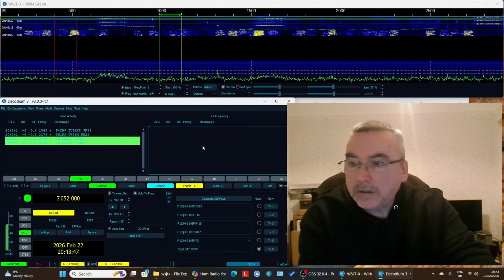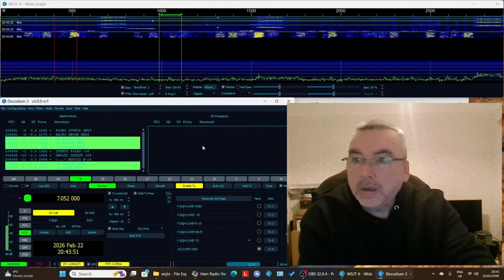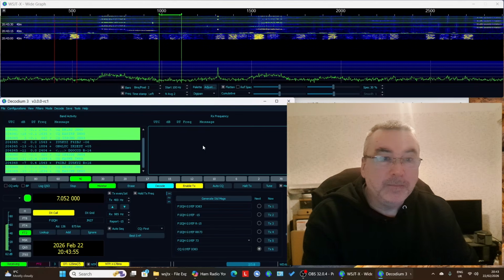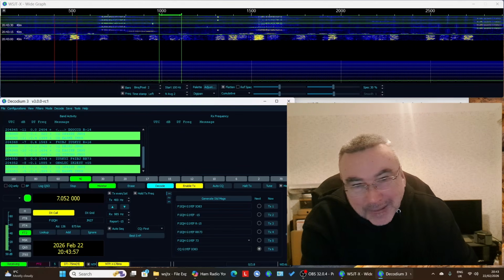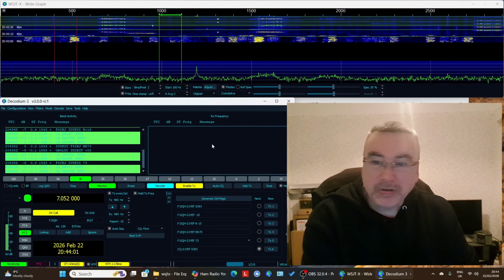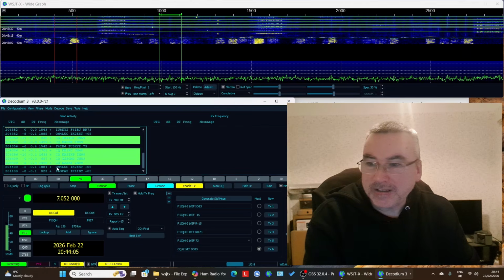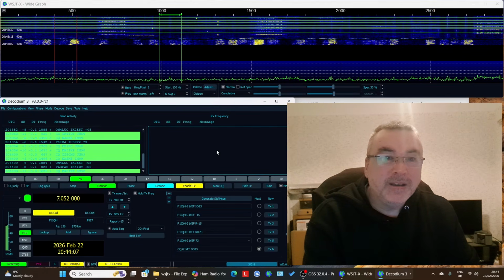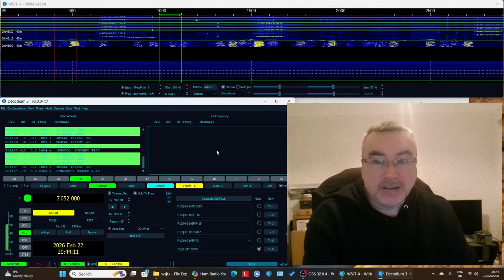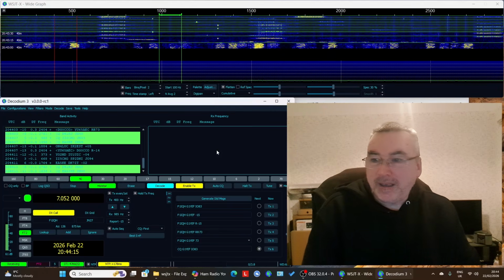Let's have a listen, and there you can see it's starting to come through. It's an awful colour. But that is FT2, and from there you can just do all the normal things you want to do. Have QSOs, as you can see there's loads of people on there already. I installed it, made one QSO and switched it off, didn't like the colour scheme,